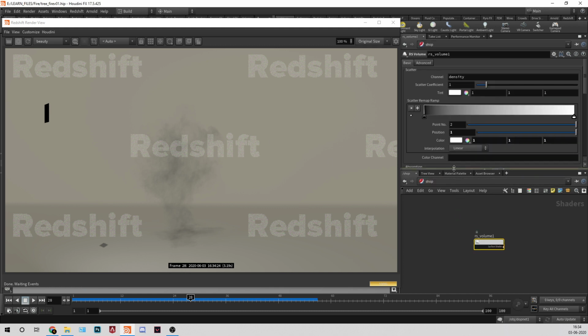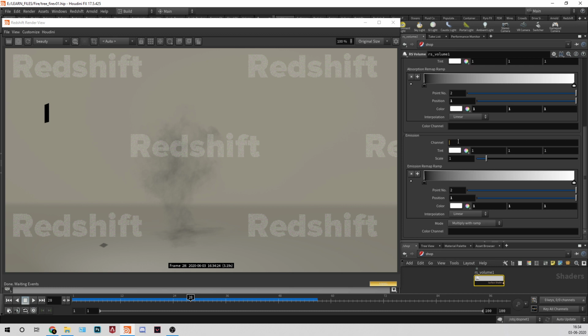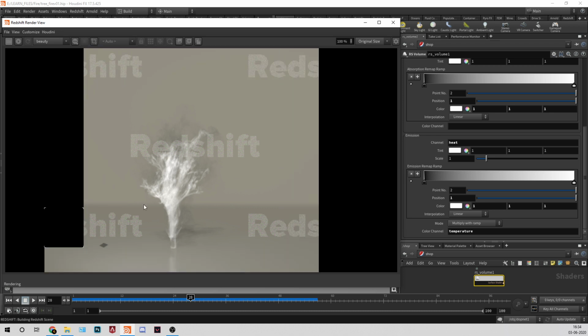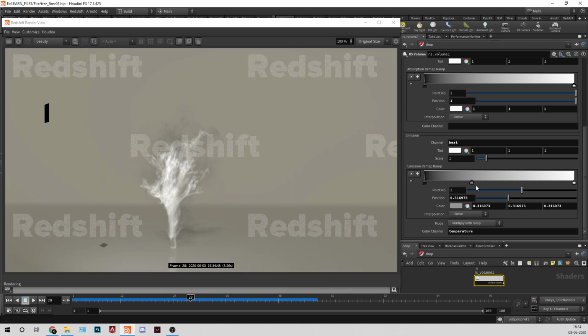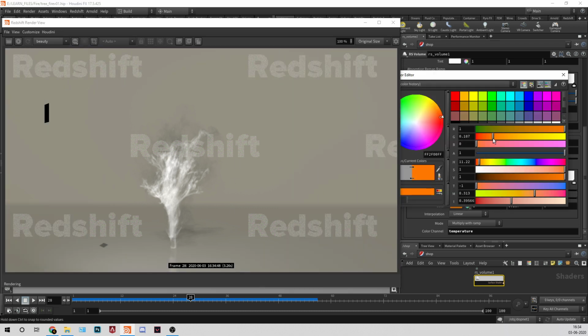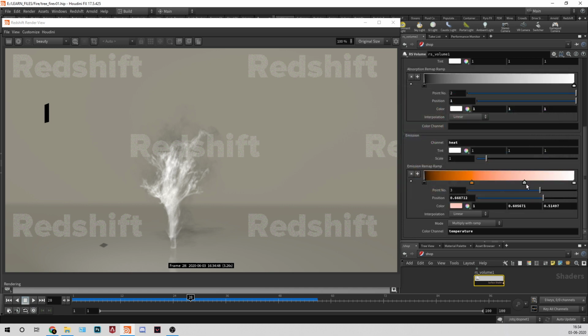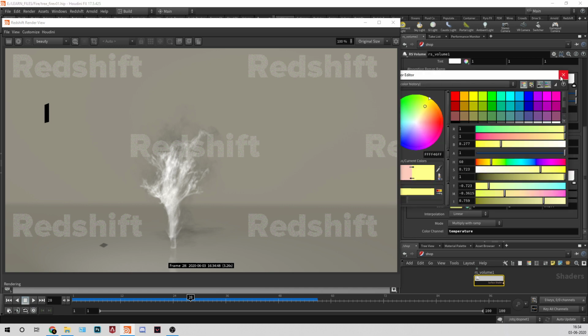So we can go to shop, and again this emission to heat, and this one should be temperature, and now render. You see, we get a different result, and we need it like this. Here I need a bit of yellow.